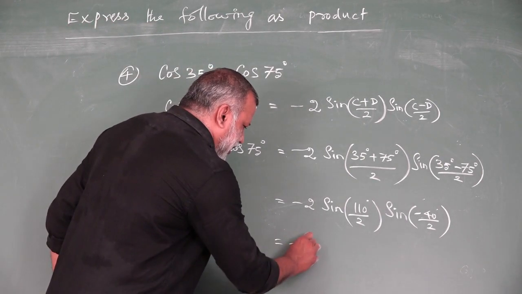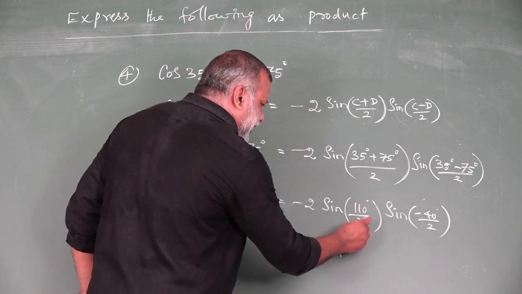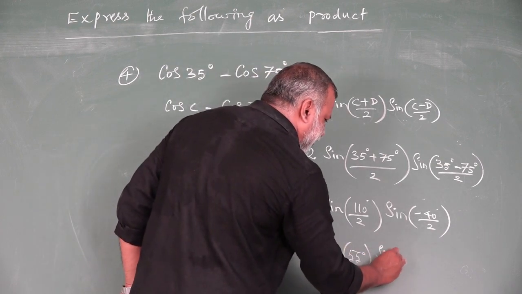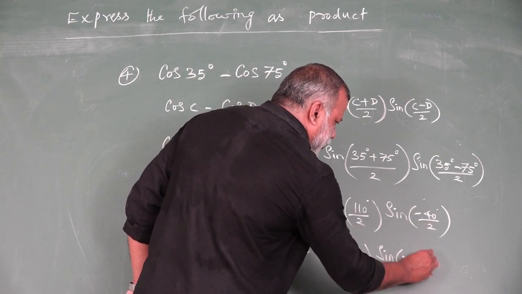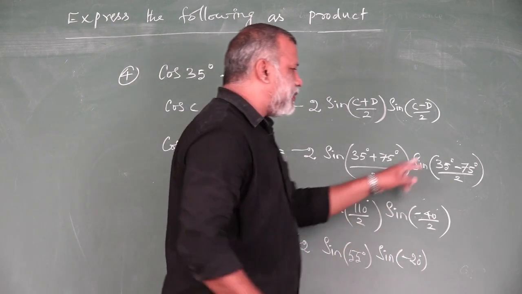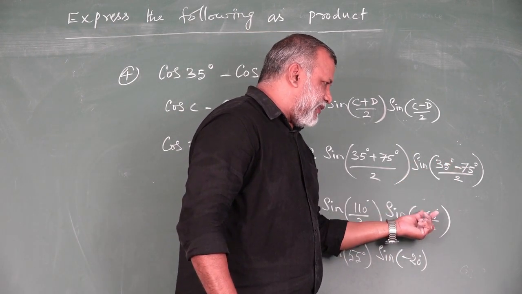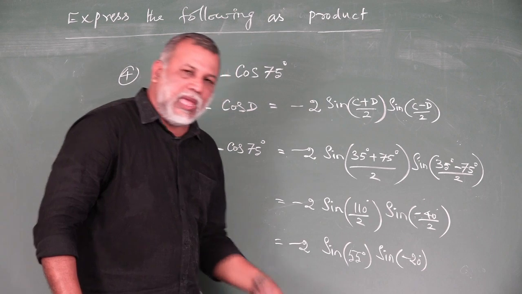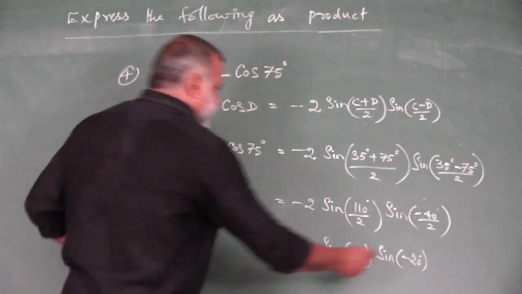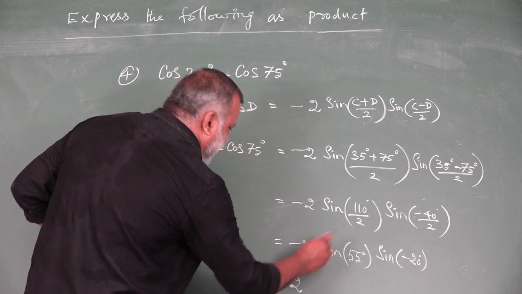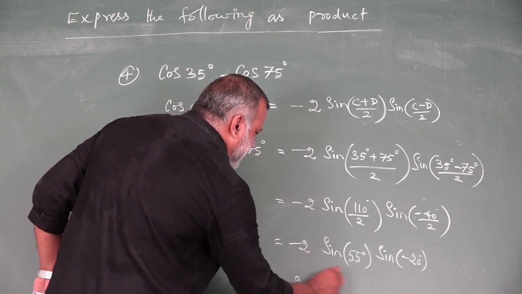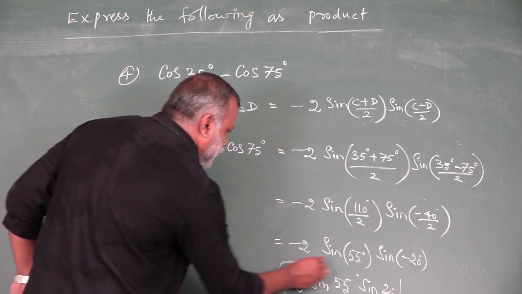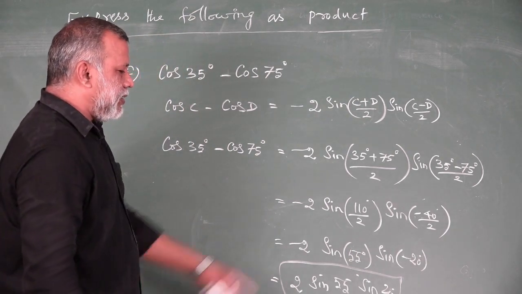Now listen to this one. Minus 2 sin 110 divided by 2 equal to, we can get 55. Here sin of 20 with the negative, because we are already negative. Why are we getting negative? 35 is subtracted with the 75, we can get minus 40. This minus 40 is again divided by 2, we can get 20. See here, negative. Sin emits the negative. Therefore, the negative will come out. Already we are having a negative symbol. Therefore, we can write like this: 2 sin 55, then sin 20.